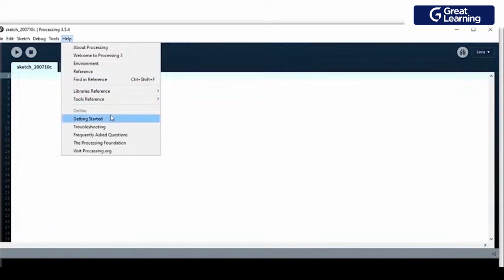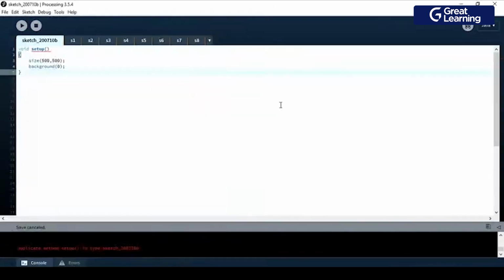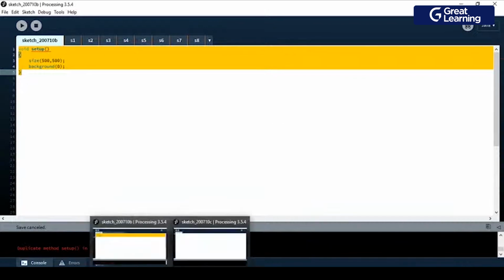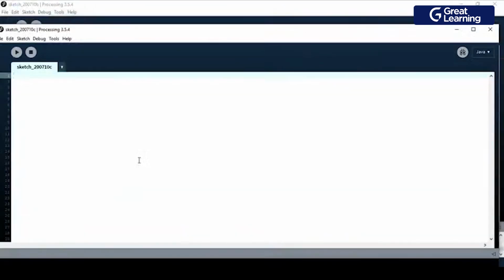Now in the Help section, just click on Get Started. I will select this and copy it, and I will show you how it's done easily. Now paste it. This is the setup function I was talking about. Now I have written this and I will press the play button.